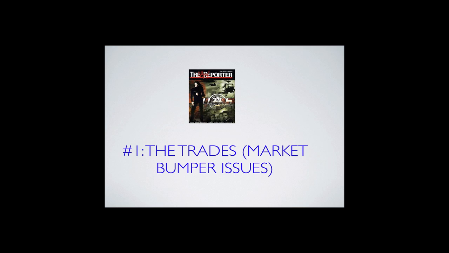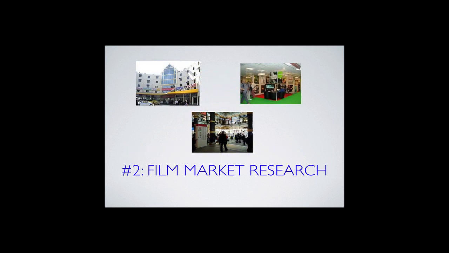The number 2 tip I have for you for finding reliable sales estimates for your film is going to the film markets themselves and doing research. So here's what I mean. In addition to that bumper issue I just told you about that has the actual sales projection charts in there, while you're at a film market, you can pick up the dailies, the Daily Screen International, the Daily Variety, the Daily Hollywood Reporter, and in there you'll be able to read about all the deals or a lot of the deals that are being done, and quite often they talk about the prices that things are being sold for into different territories.